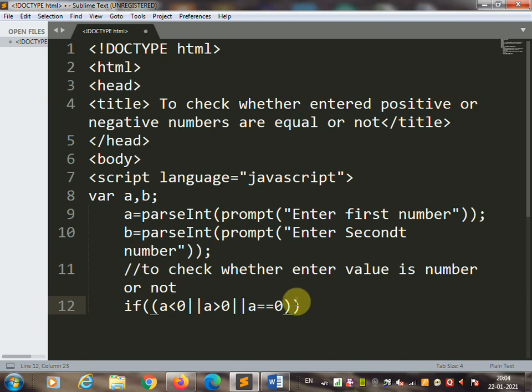With the first condition, we are going to check whether the entered value is a number or not. For that, this condition is over. The next,